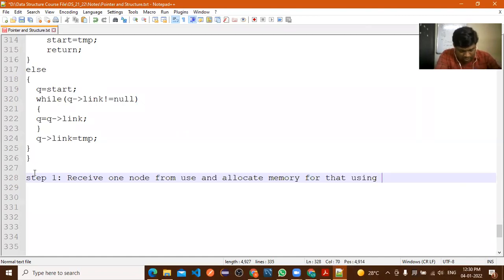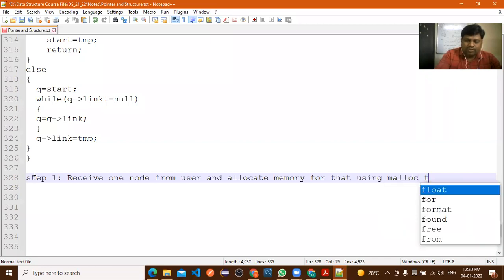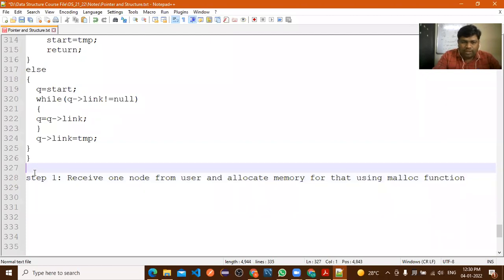Which function are you using for allocating the memory? Malloc function. So here step number 1: receive one node from user and allocate memory for that using malloc function.